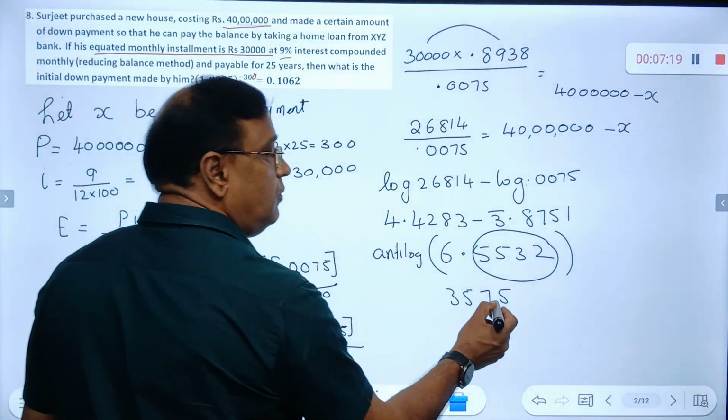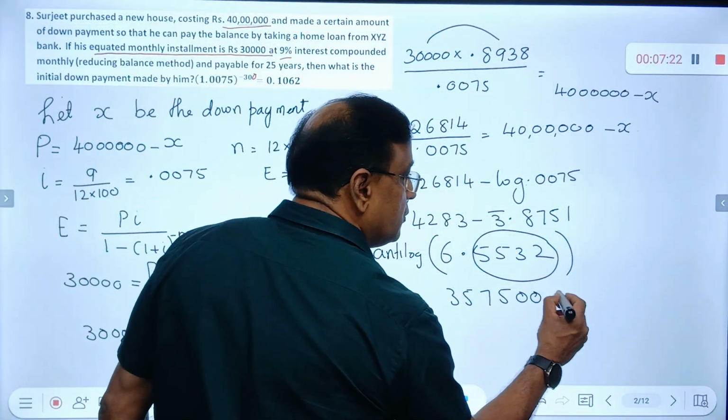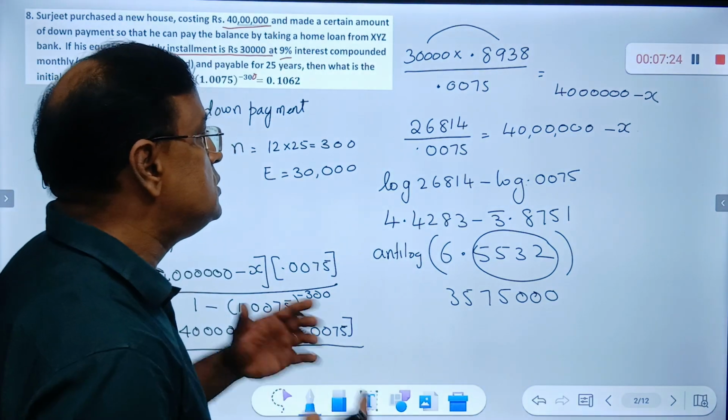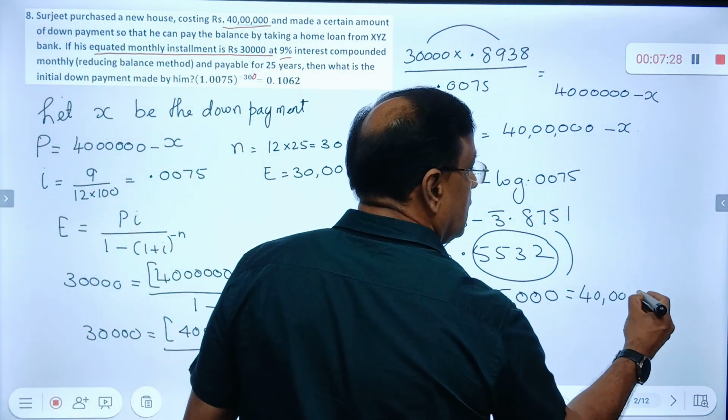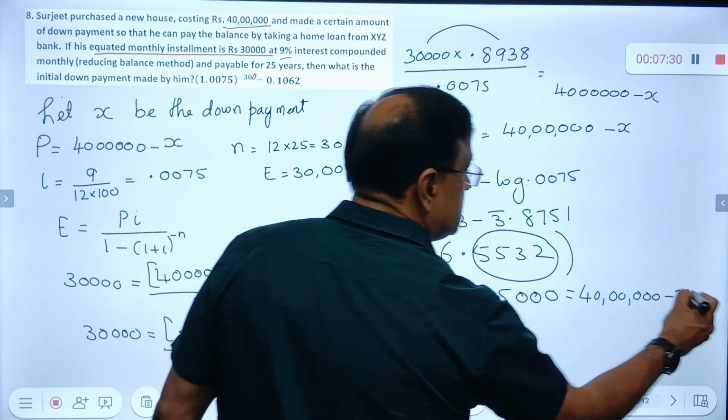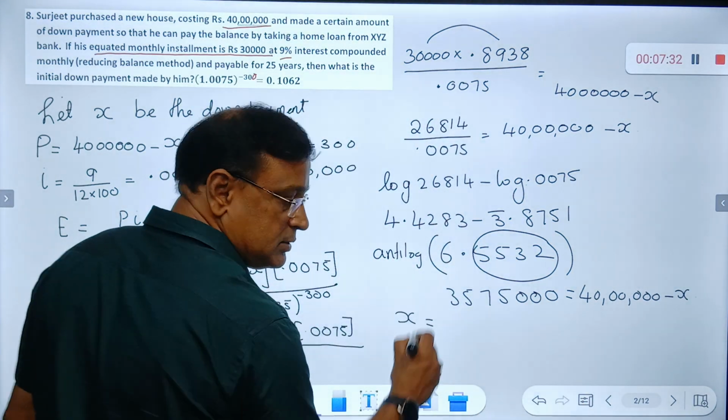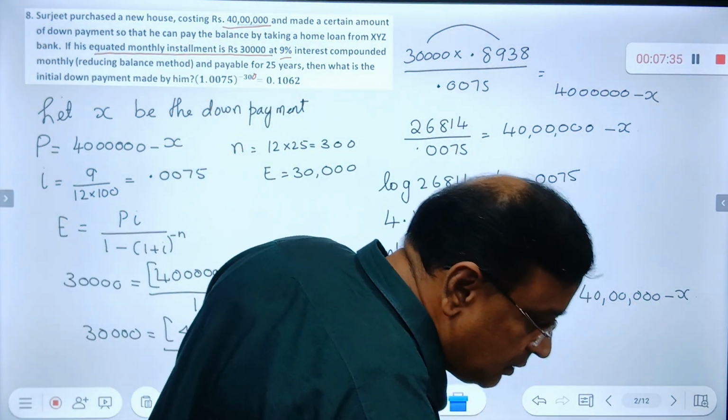So already you have 4, so add 3 more zeros. So it's a 7-digit number. So this is equal to 40 lakhs minus x. So from this you can find x. What is my x? X is nothing but,